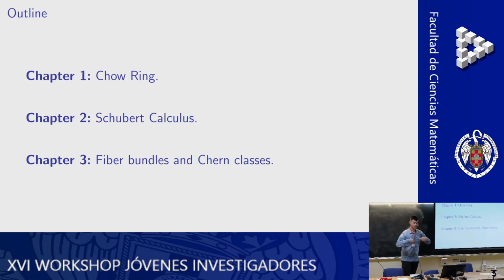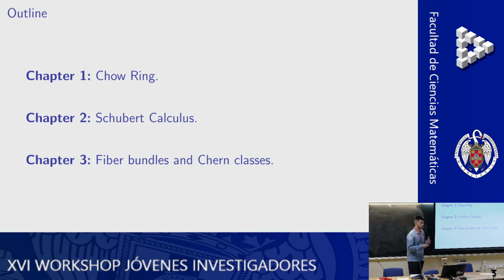We are going to state a sketch for a proof of the Bezout Theorem, and in that path we will make a definition for the Chow ring. In the second chapter, we will discover Schubert calculus, which is basically the calculus over the Chow ring of a Grassmannian. That sounds really difficult, but we are going to solve a problem which will help us understand some ideas of how Schubert calculus works.